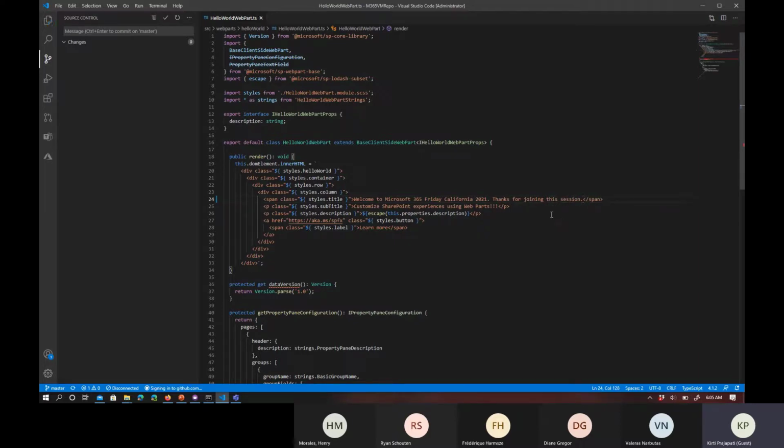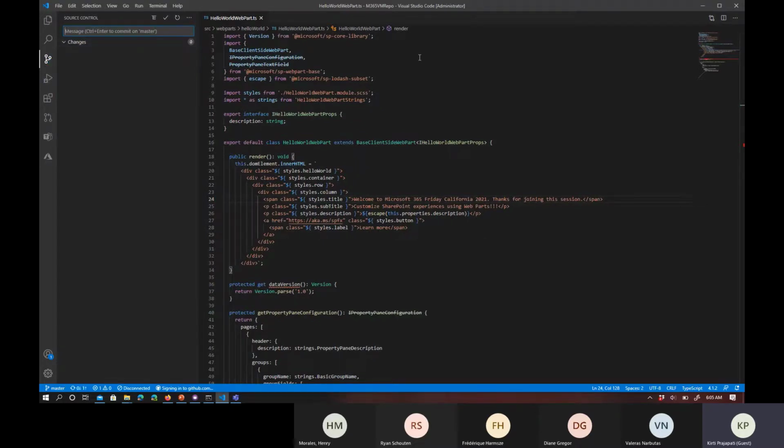I'm saving this, and from Visual Studio Code itself you can see Source Control here. So I can just commit these changes with the comment "thanks comment", and I'm committing my changes.